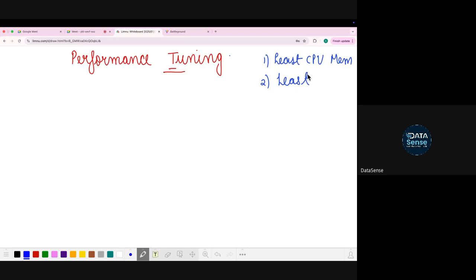Now this particular thing is relative. For example, let's say if you have written a very big query, it might take for example 2 minutes to run, but that might be an efficient query because there is no better way to run that query. So it's a very relative thing, but we will see. So what do you think could be the factors that can affect the runtime of a SQL query, which can affect the CPU memory that it is taking, or the timing that that query is going to take to run? Can you think and tell me what could be the possible things in a SQL query?